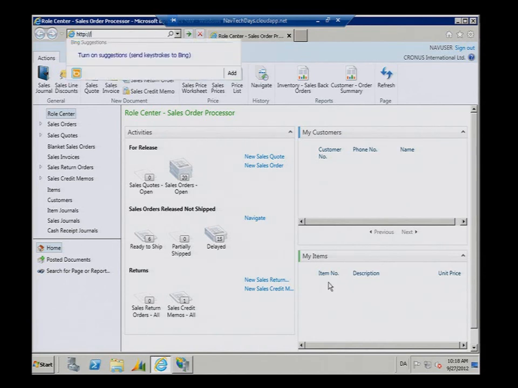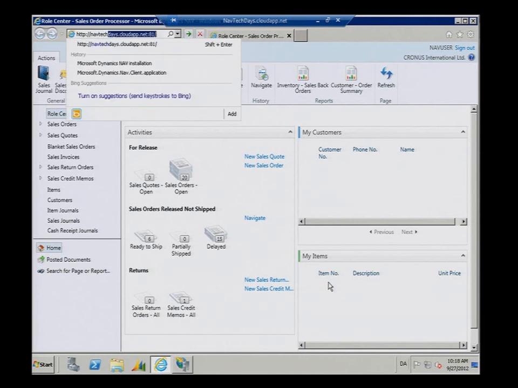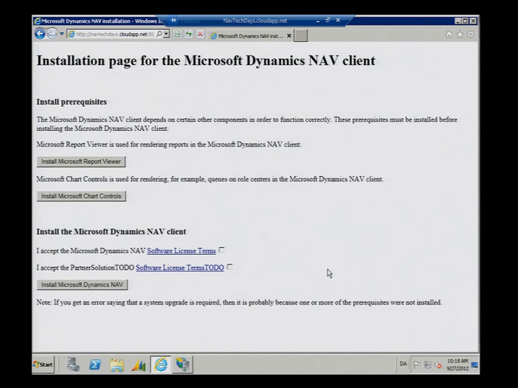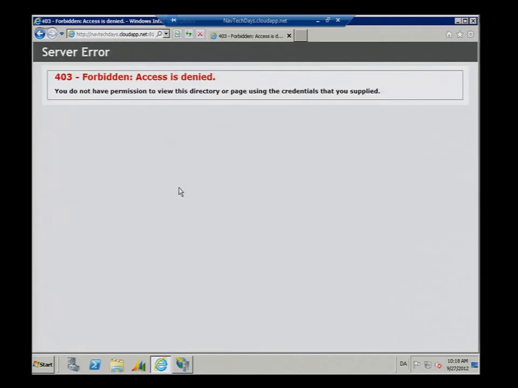the name of this machine, which is Nav Tech Days, and you see it all there, port 81, press enter, damn it, it's already there. So you can see that there's a website, and what you saw before was cached. So there's a website, but it's empty, and we need to put something on it.